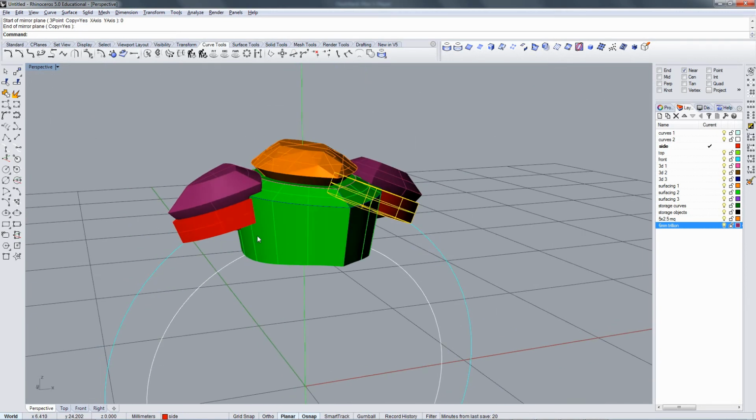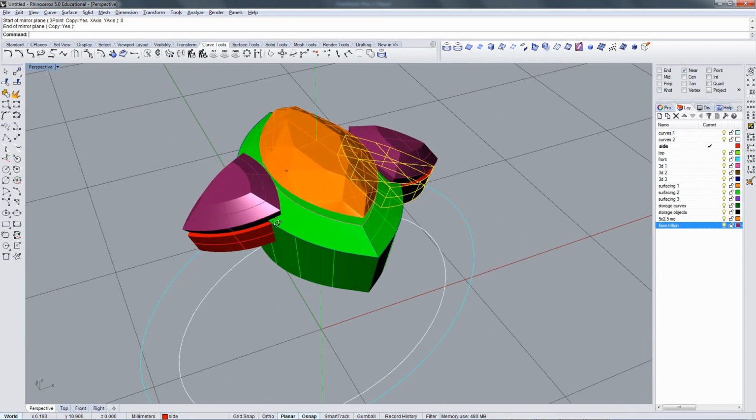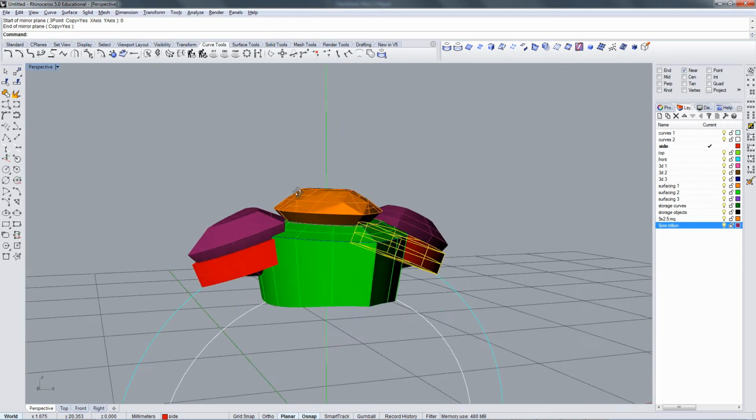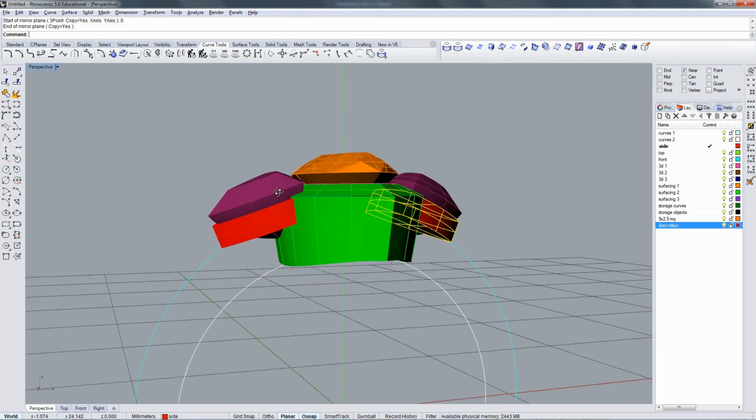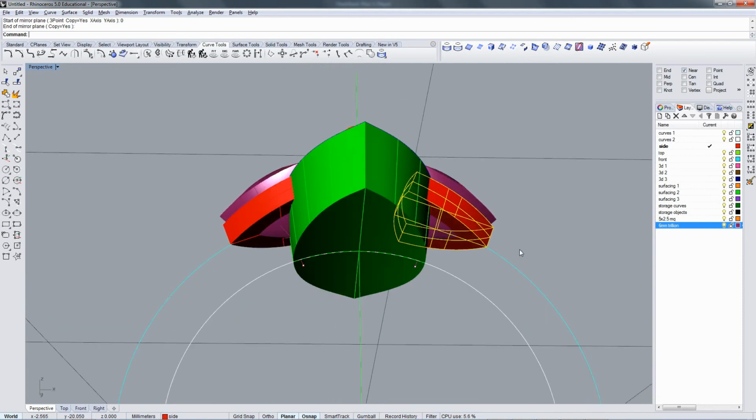But at this point, the biggest concern I have is cutting this out in the middle, but I wouldn't even bother. For a maquette, I wouldn't even bother. For a maquette, I would